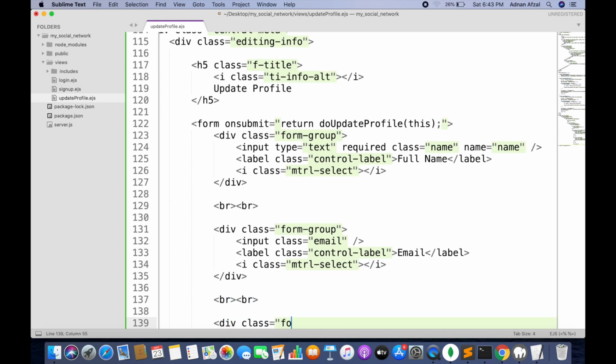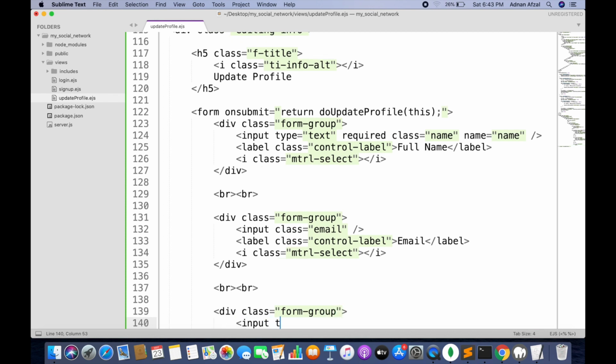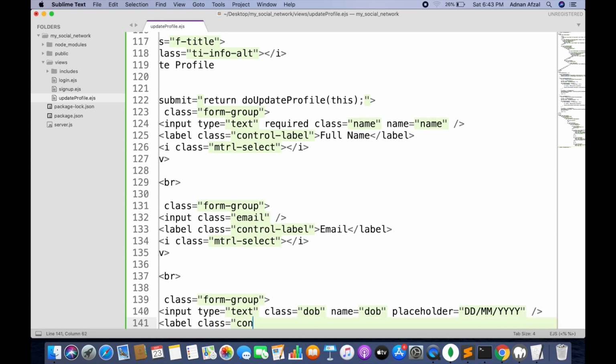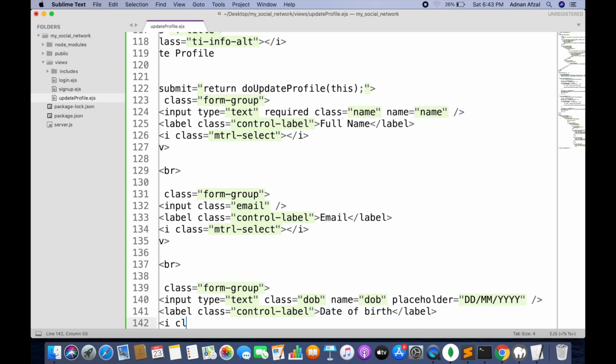We have date of birth, city, country, and about me. We are setting a class with each input field so we can populate the field if user already has some information stored in his database.